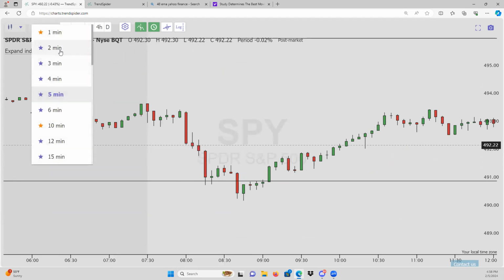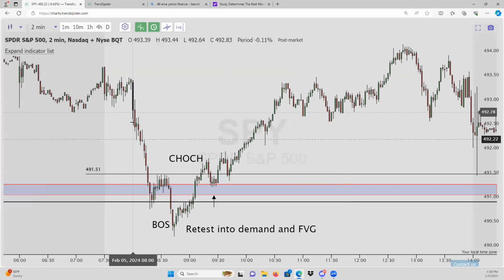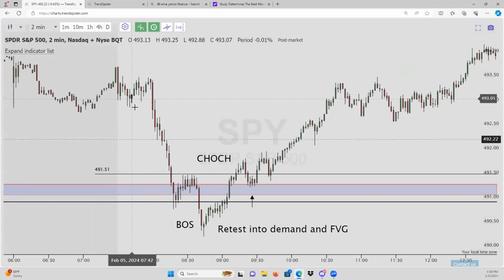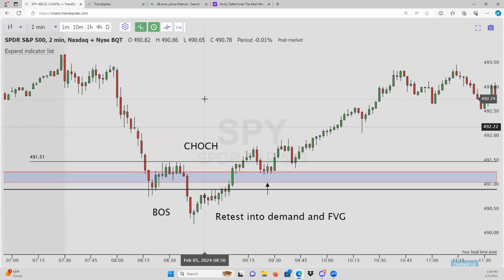Let me go down to the 2-minute on this one. Gives a little bit better. But we have a bullish structure, right? Bearish market structure. Lower lows, lower highs, lower lows, lower highs, lower lows. So now there's going to be a couple things on this that you might have never seen or understood, or maybe you've seen these and you are just very confused. Well, let me break it down: break of structure, change of character. Very, very easy for you. Let me break it down for you.